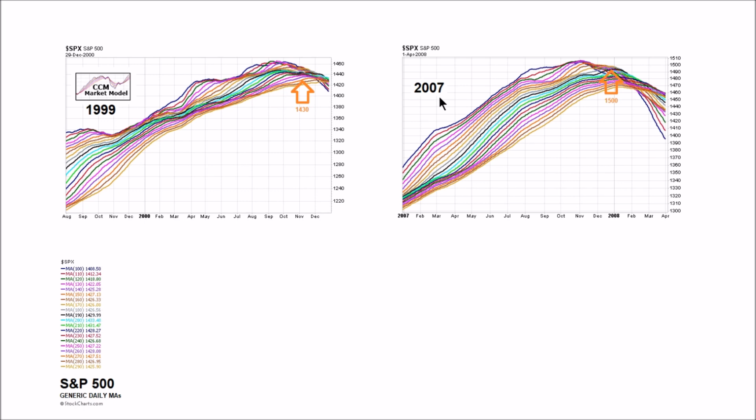Similar situation here in 2007. We've removed price because we're using moving averages to help us filter out the day-to-day volatility with price. Late December 2007, price was below the moving averages, came back up, tried to retake them, and failed. And in both cases, as these moving averages were rolling over in a concerning manner and getting into that concerning tight cluster look, price did something else in this window that was concerning.